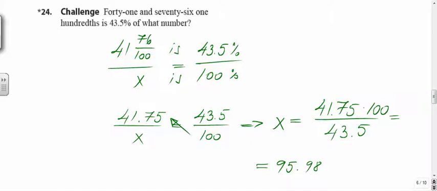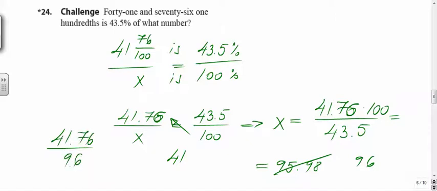41 and 76 hundredths is 43.5% of what number? And to check your work here, you may say, well, how about 41? Hold on, because I made a mistake. I put 0.75. It should be 76, right? Should be 76, and now instead of 95, you get 96. Okay? So your 41 and 76 hundredths is 43.5% of 96, and to check, you will say, okay, 41.76 divided by